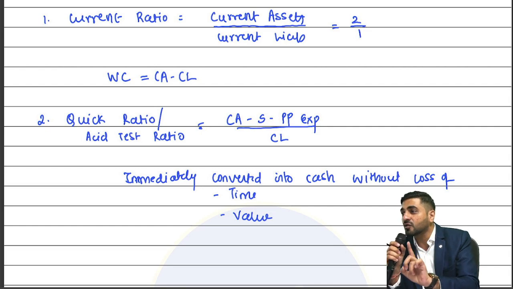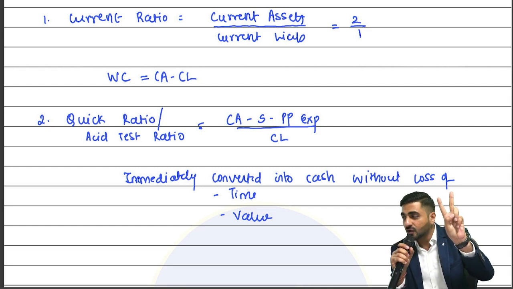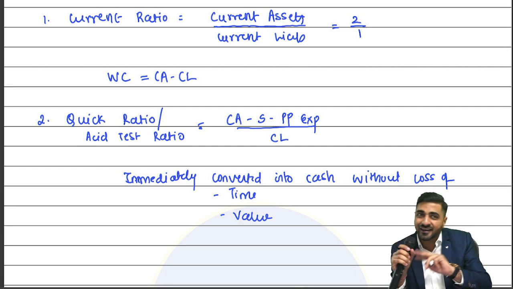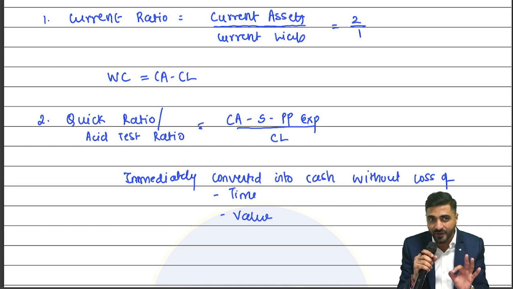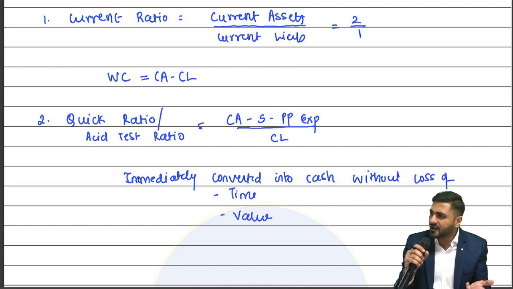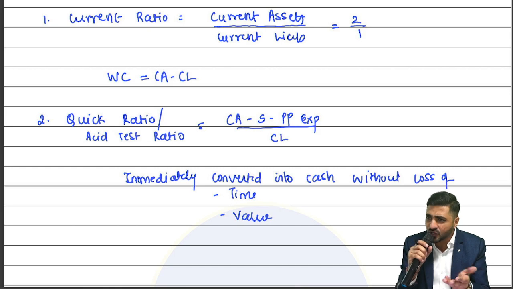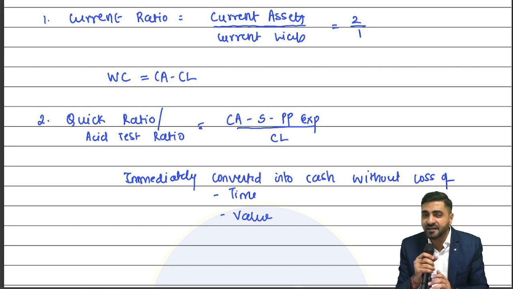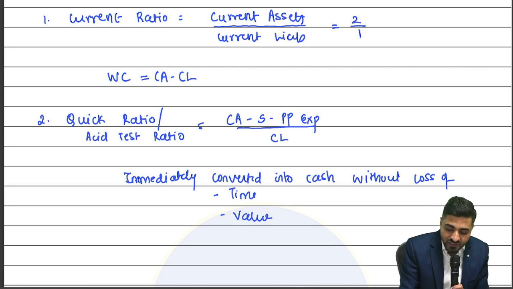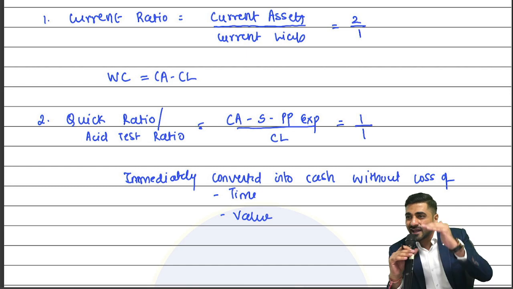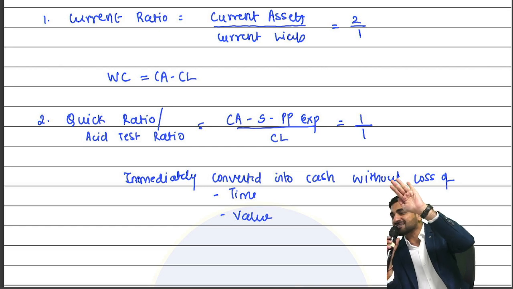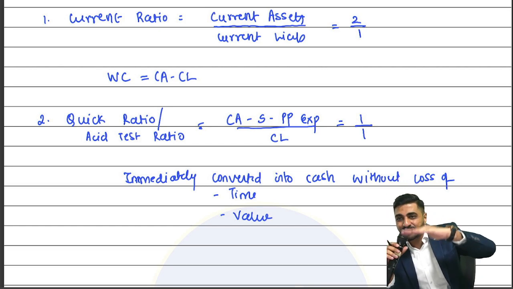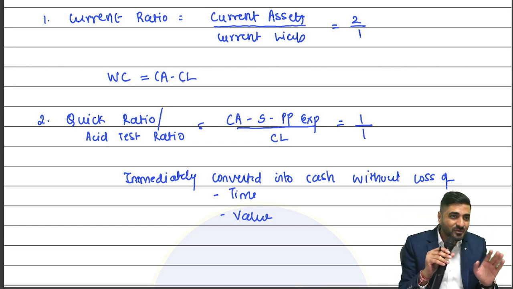How many types of non-quick assets are there? Two. One is stock, and another one is prepaid expense. Those are non-quick. And can I say all the current liabilities are quick in nature? Yes, sir. What is the standard ratio of this? 1:1. Obviously, now the standard ratio will be relatively lower. Yes, sir. Because we are removing some assets from the numerator. So that's why your standard ratio will also be relative.